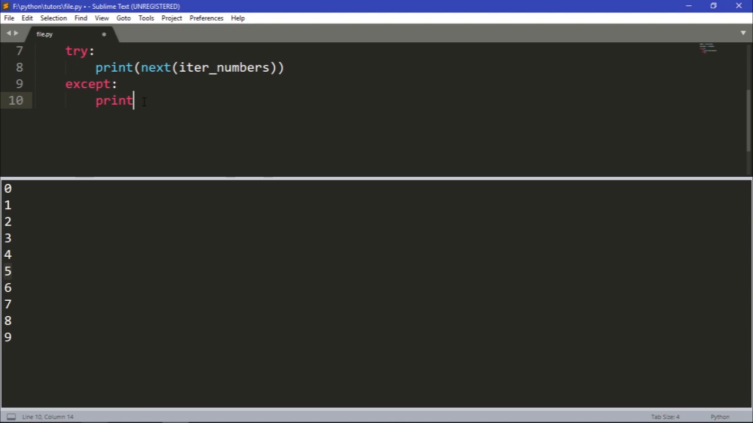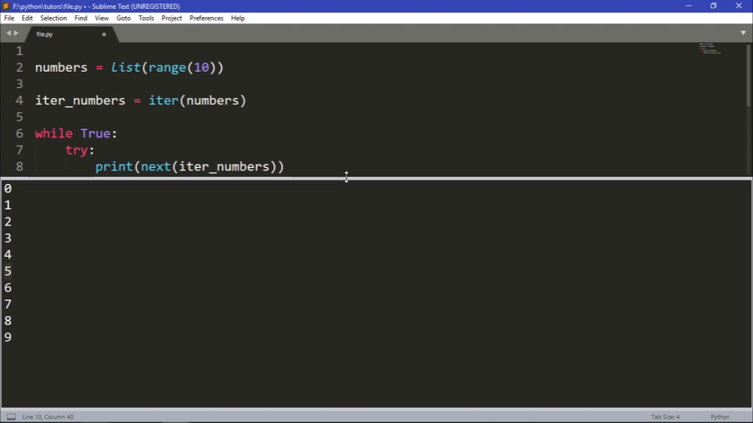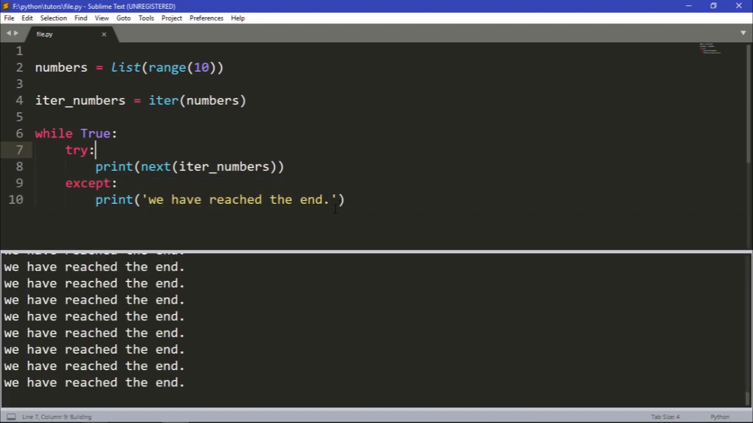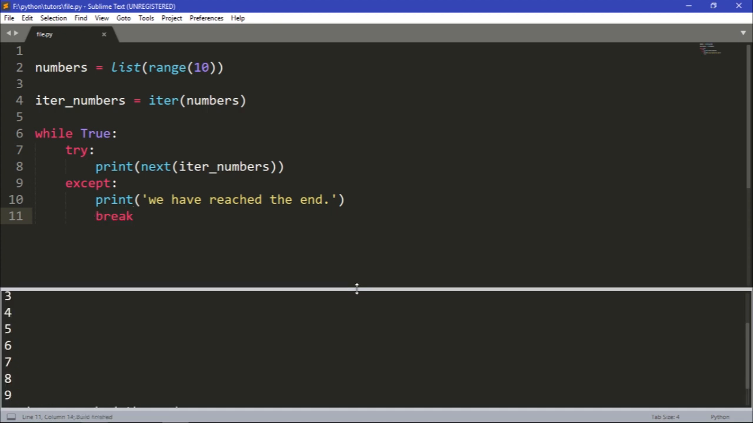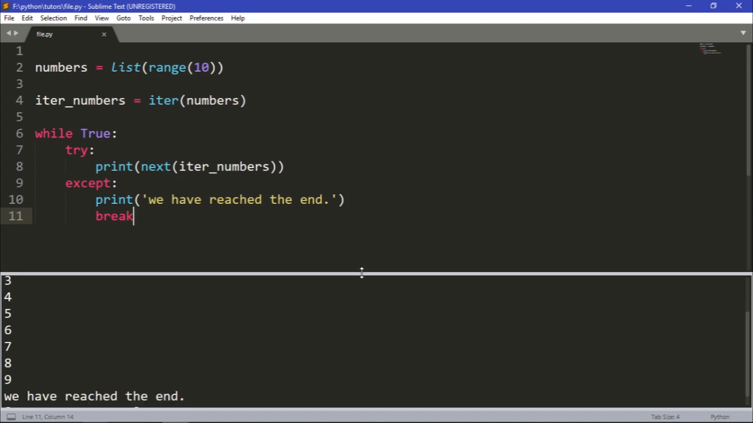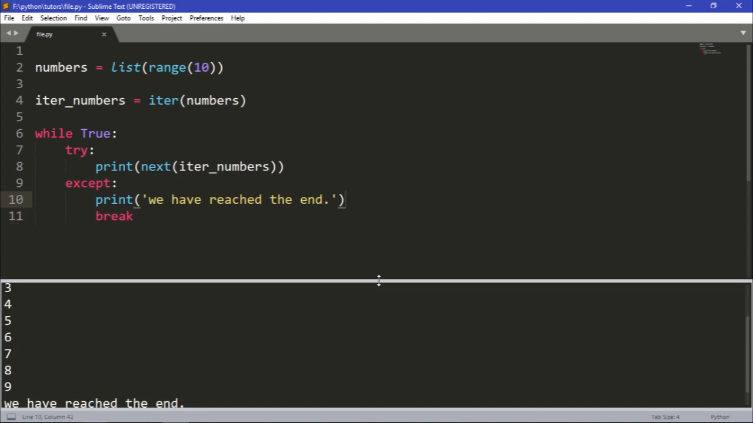So I could print we have reached the end. Okay, so I could do this very simple, and that would print all those numbers. Yeah, if you accept, we need to add a break. So now our code works perfectly. So this is another way you guys could use iterators. You guys can see that the code is very